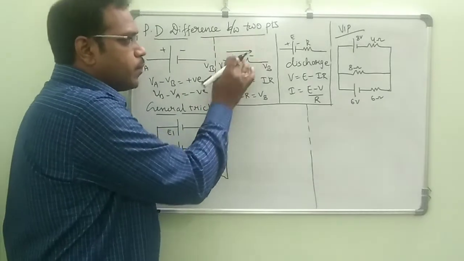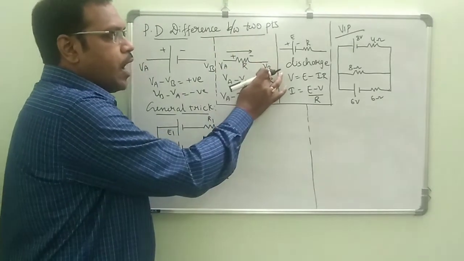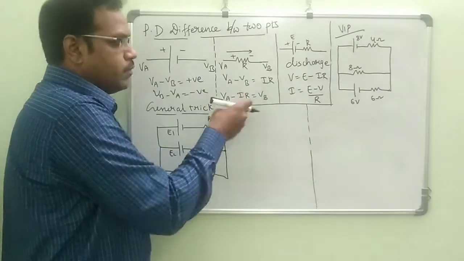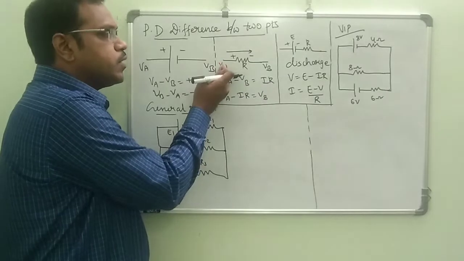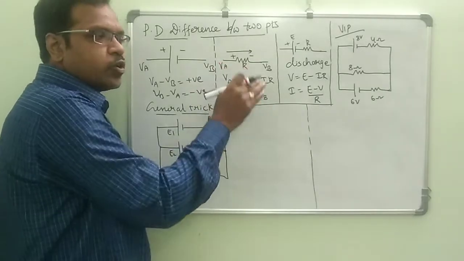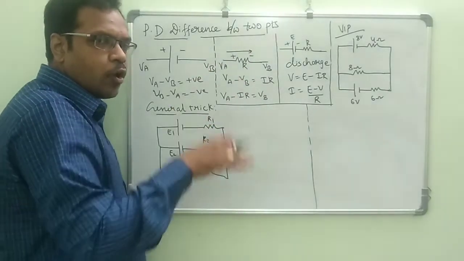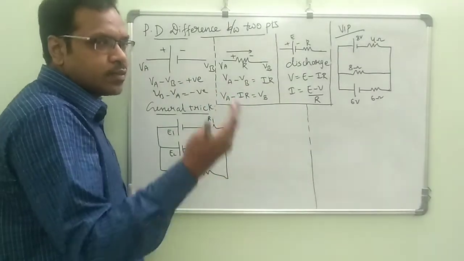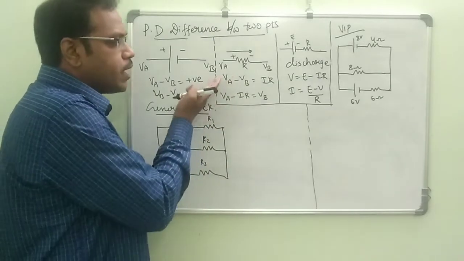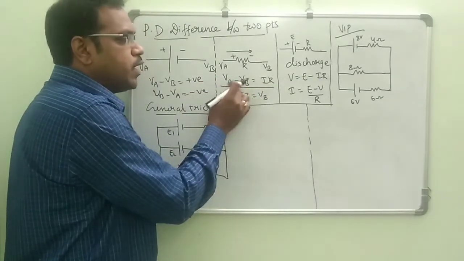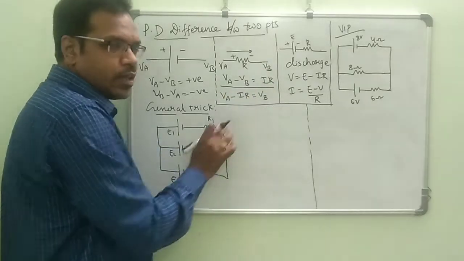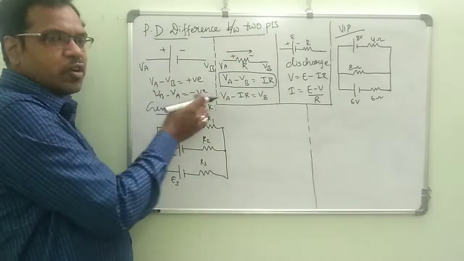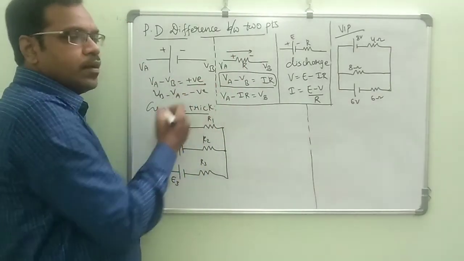So in this plus and minus, this is the high potential and this is the low potential. So VA minus VB is equal to IR, and we can remember it like this. That means whenever the current goes through the resistor, some potential drop will come. That is called potential drop, and when you go the opposite way, it is a gain. Some people say the potential drop method and the gain method, but I am saying remember this alone: VA minus VB is equal to IR. Remember this, children, because bigger minus smaller gives you the positive.